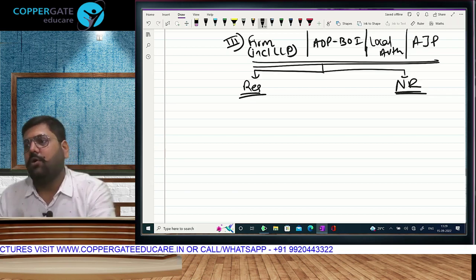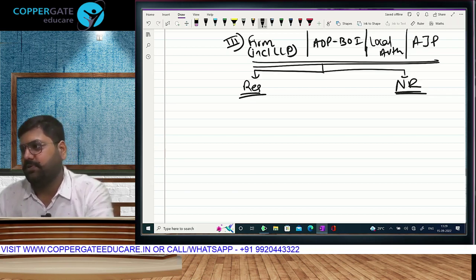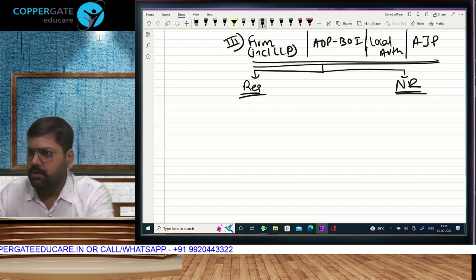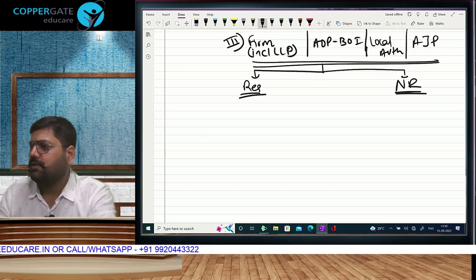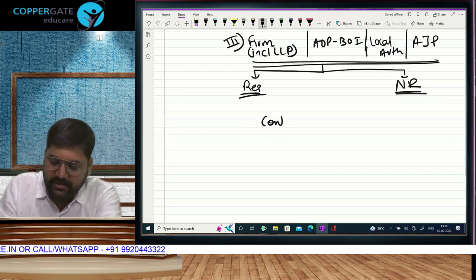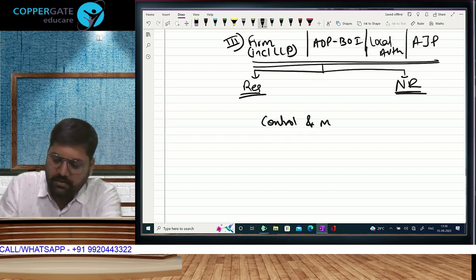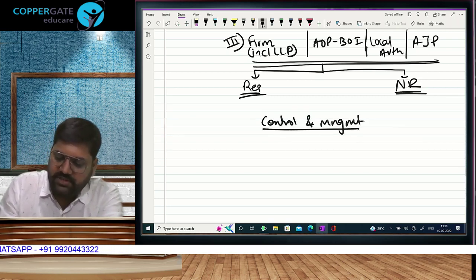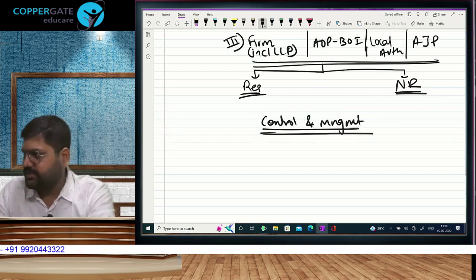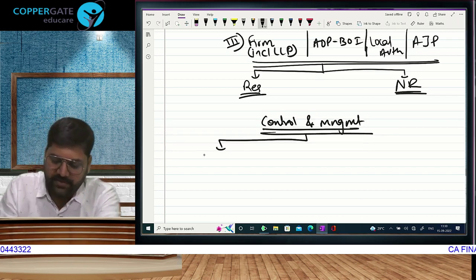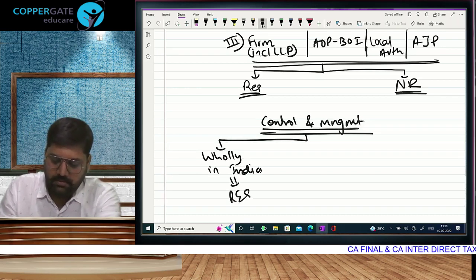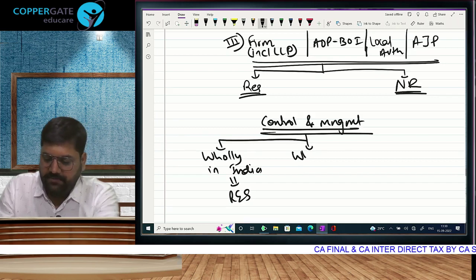Can we have the criteria of number of days of physical presence for these assessees? Is my question. Logically answer. No, that criteria can be kept only for individuals. So basically the criteria here is going to be once again control and management. And now you know also what is control and management. Place of decision making. If it is wholly in India, then it will be a resident. If it is wholly outside India,